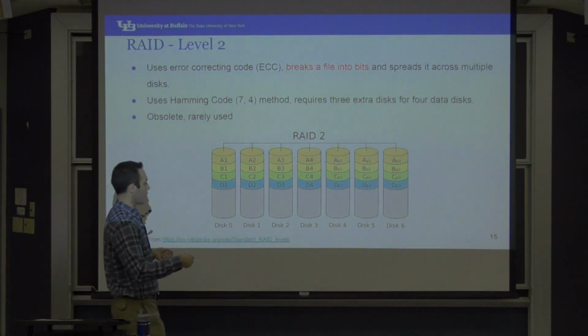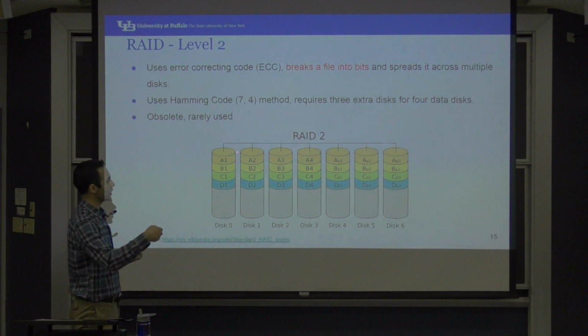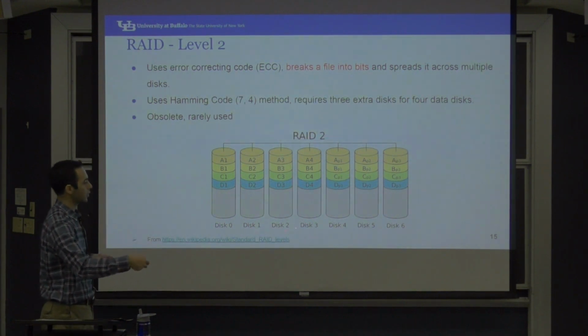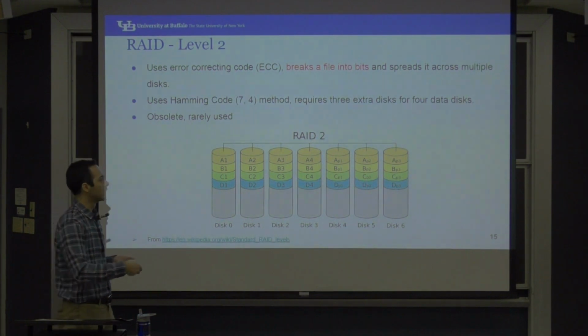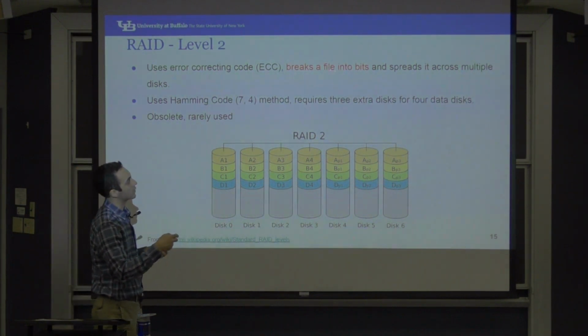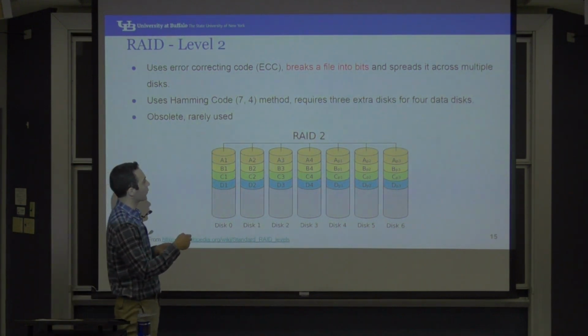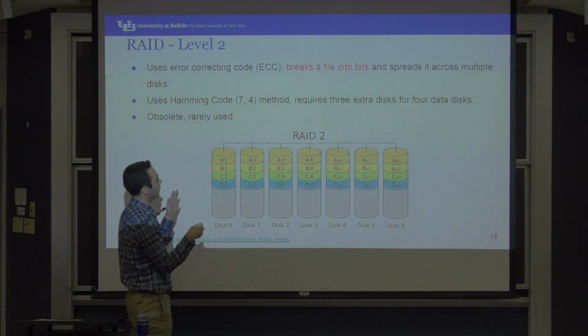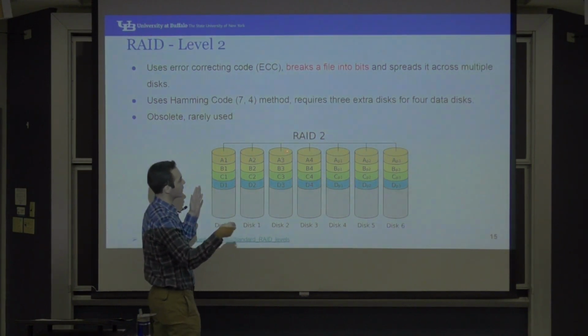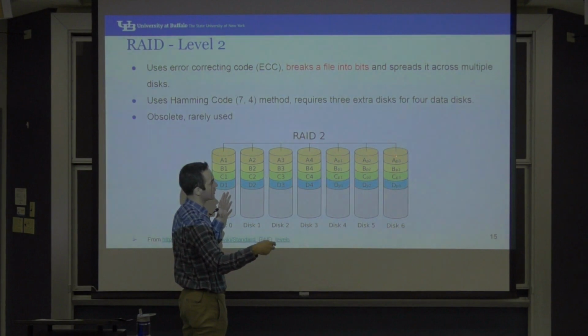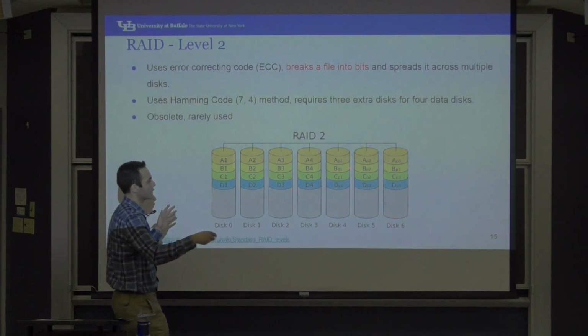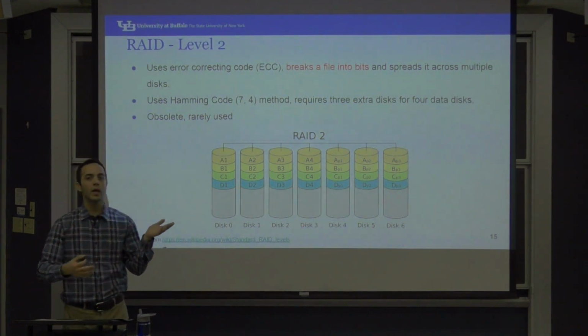So if you have 7 disks, the useful information is going to be on disks 0 to 3, and then disks 4, 5, 6 are going to be parity bits. Again, each file is separated into bits. So out of each 4 bits, 4 data bits are going to be written here, and 3 parity bits are going to be written here. Again, the next one is just going to be striped like that. And